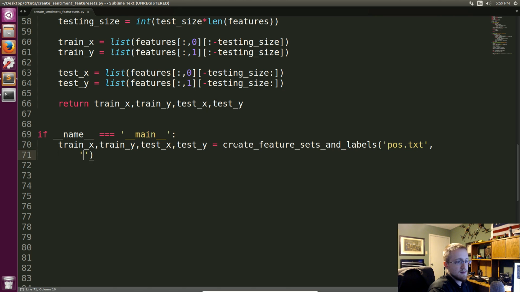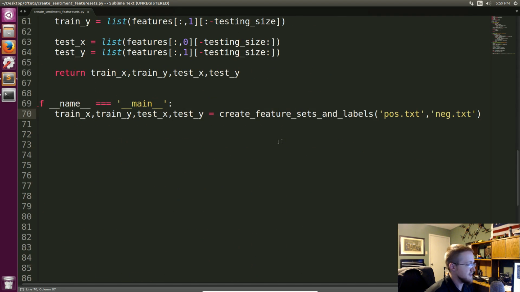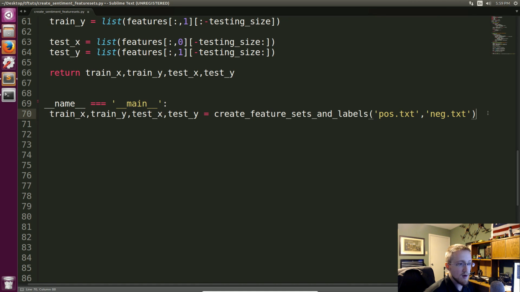pos.txt, neg.txt. Since we're using all these local values, by the way, make sure when you execute this script, you're executing it from that directory. Anyway, pos text, neg text, and that's it, right? And the test size, we're just going to leave that because we wanted that default